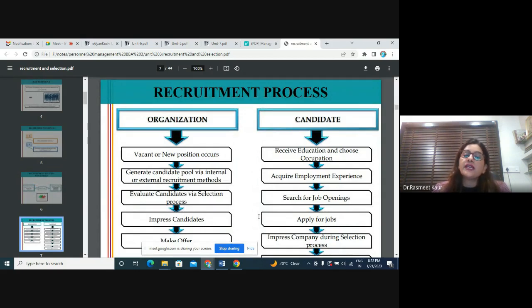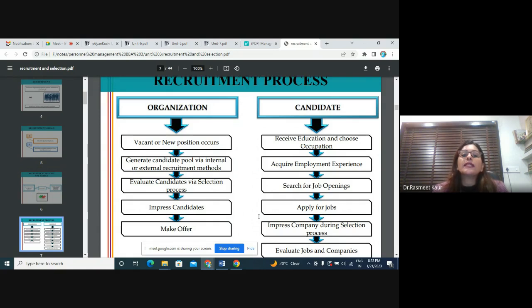If I talk about the recruitment process, we usually hear it from the organization's point of view, but I'll try to give you an understanding of the recruitment process from the organization's point of view and also from the candidate's point of view. As we discussed a few minutes back, manpower planning helps you know that there is a vacancy, and if there is a vacancy, you go for job analysis, description and specification, then further you go for recruitment, that is, inviting people. So first, from the organization's end, there should be a vacancy, then only will you go ahead with the recruitment process.